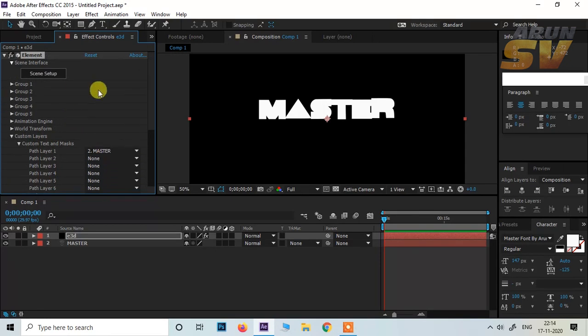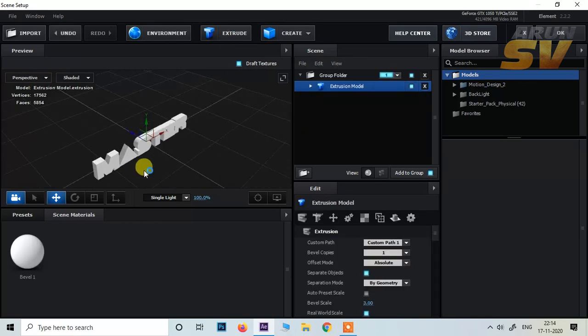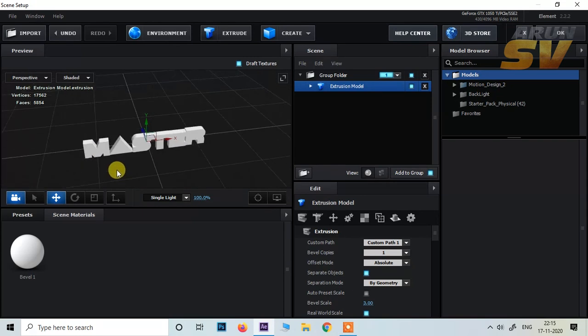Okay. Now select the scene setup and click extrude to extrude the layer, custom layer 1.